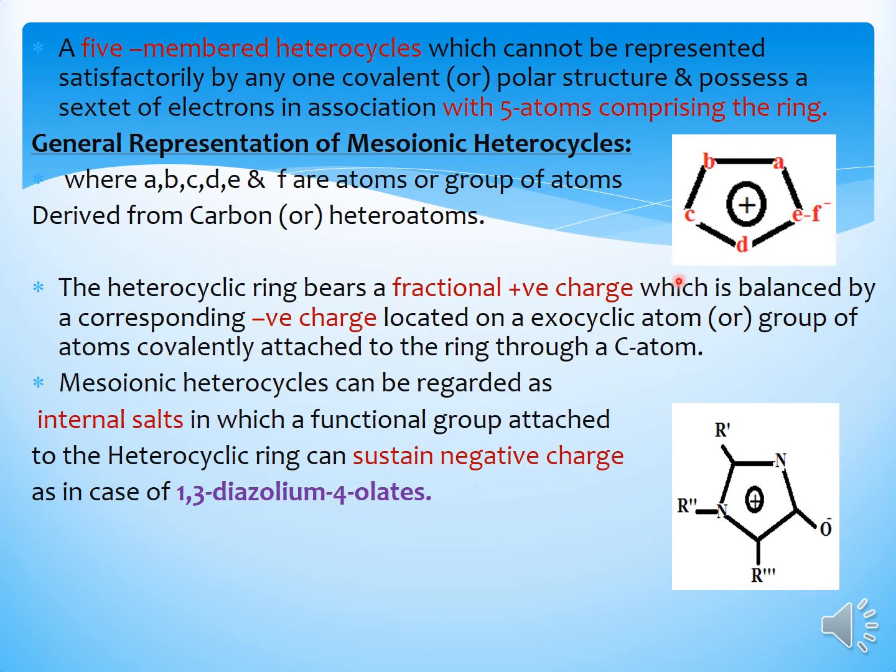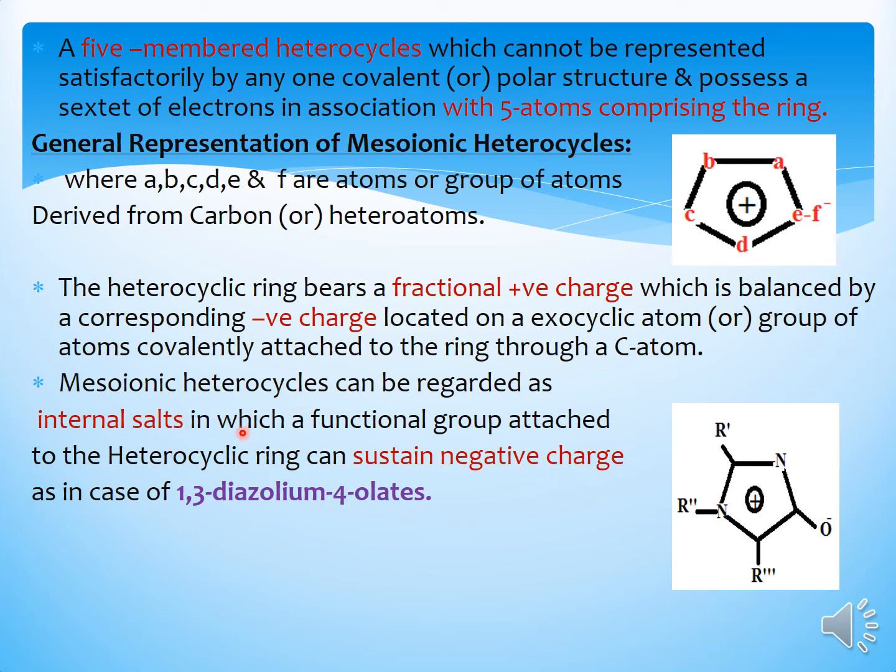Okay, so what it says is it should have the positive charge, fractional positive charge, that has to be balanced by the negative charge which is attached exocyclically. Exocyclic ring, okay, which has to be balanced by this negative charge, and it can be either an atom or a group of atoms which is covalently attached to the ring through a carbon atom. Okay, and then moving on to the next point, here these mesoionic heterocycles will be regarded as the internal salts,